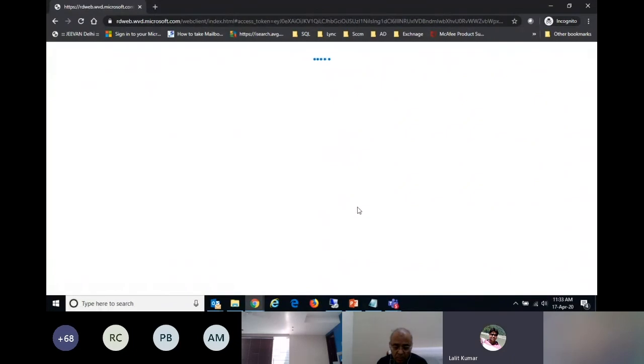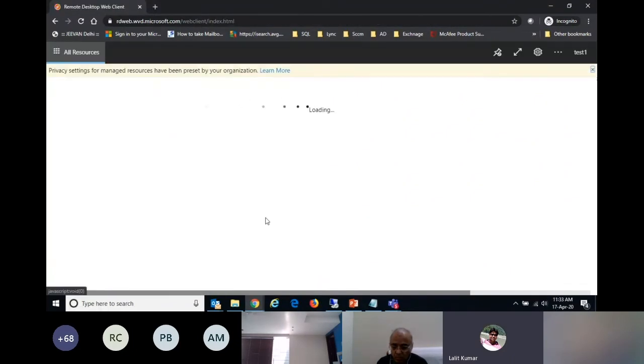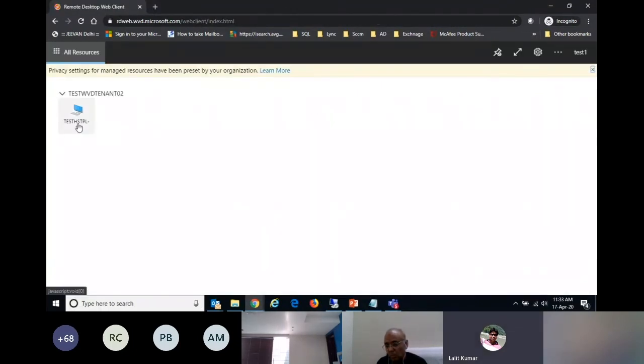Once logged in, it will show me the host pool. Yes, here is the host pool. A host pool actually represents a logical grouping of VMs that can be configured for providing pooled and persistent connections to WVD. So this user will have access to this specific host pool.